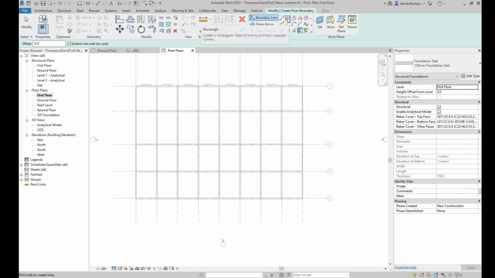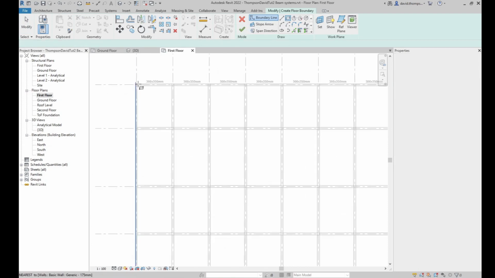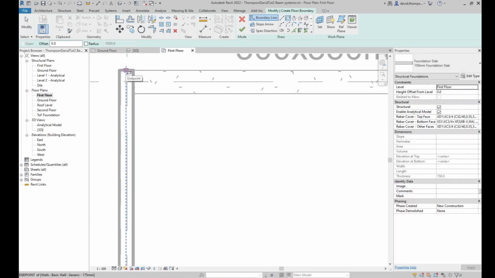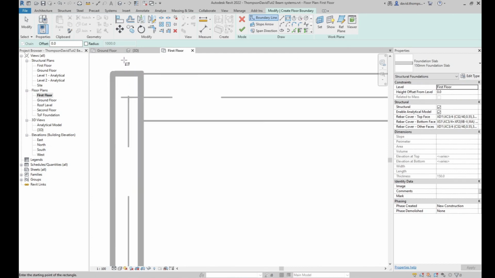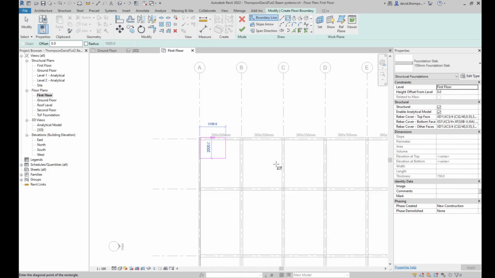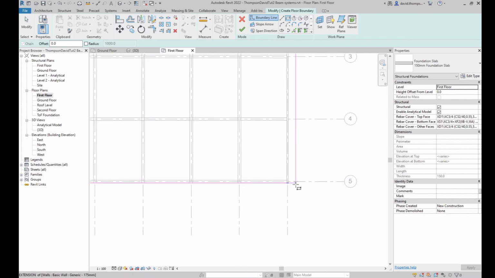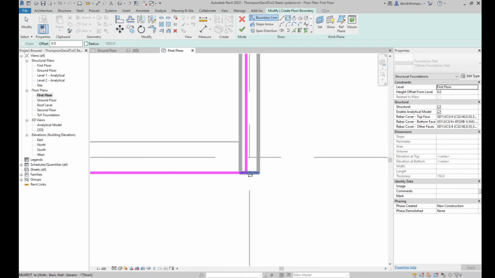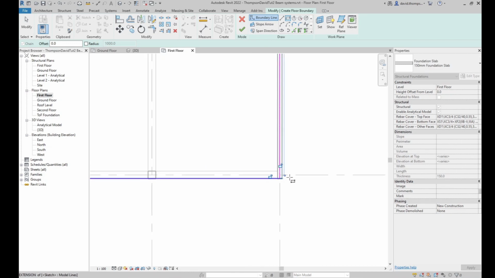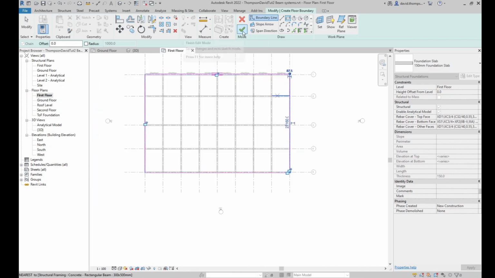Use our rectangle option, and again, like before, just go from the grid line, center of the grid line, from that corner, all the way down. You might have to zoom in because there's probably a lot going on at the moment, so just make sure you get the right points. Press out, hit OK,